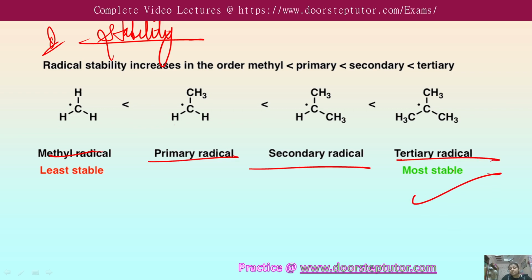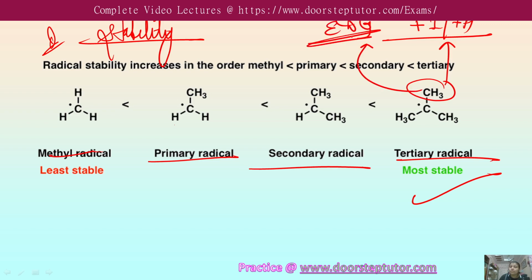Tertiary radicals are more stable because of these methyl groups. These methyl groups can show plus I effect or plus H effect. That means these methyl groups are electron donating groups, showing positive inductive effect and positive hyperconjugation effect. Due to the presence of the methyl groups, the free radical gets stabilized, because